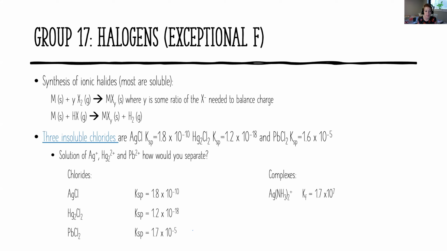So then let's talk about separations again. Here are the chloride solubility constants for these three metals, and here's a complex of these. If I had a solution of silver, mercury, and lead, how would I separate these in terms of thinking about insoluble chlorides? So again, we're going to